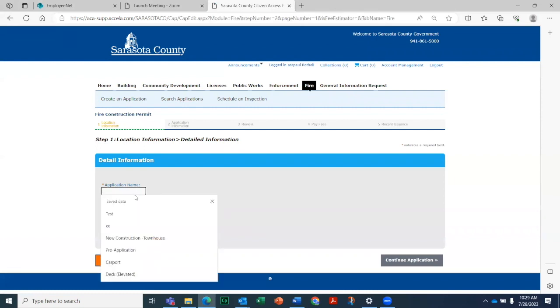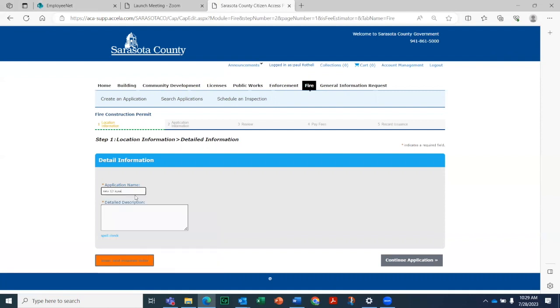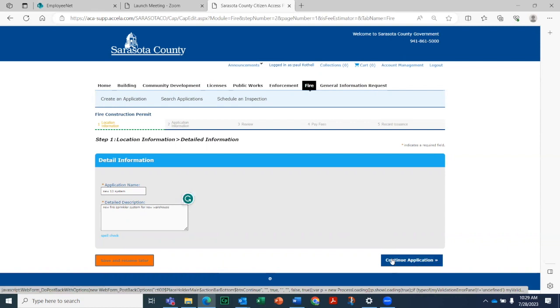You give the application an application name, and a detailed description of work, and continue application.